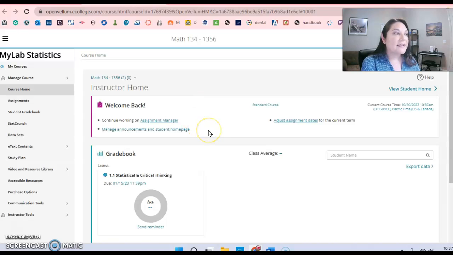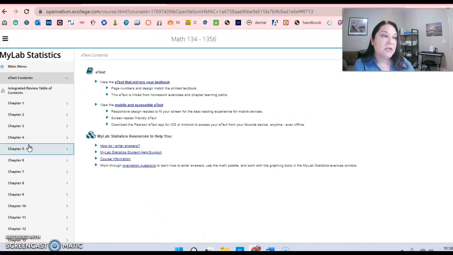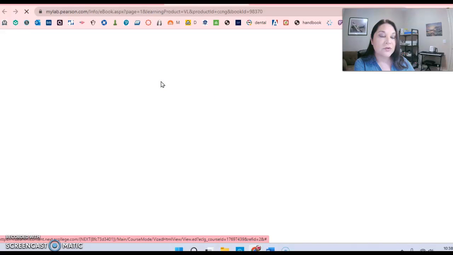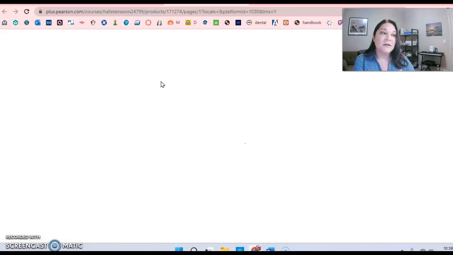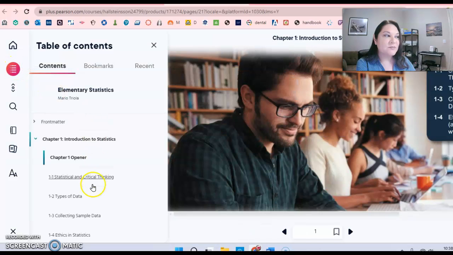And I can access this website out of Canvas, and then I have a whole other set of options over here on the left, namely your textbook. So your textbook offers you different resources. If you view the text that mirrors your textbook, because you don't have a physical textbook, you'll see that mine's taking a little while. So give yourself some time. But you'll see the table of contents will offer you